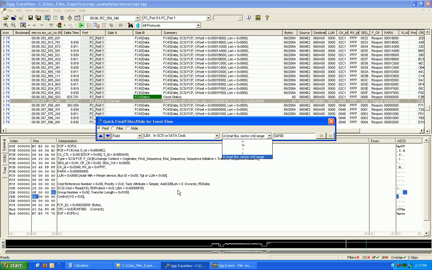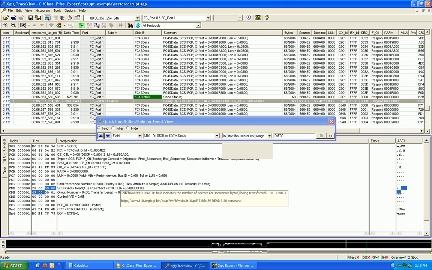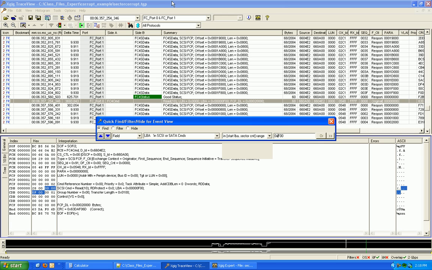So what that means is it's going to take the LBA here plus the transfer length off of it. So any LBA that falls within F100 to 100 hex higher, or 1000 hex, would show up in this search. And in my example here from my external tool, which is Medusa Labs Test Tool, I've determined that the LBA in question was 8D8. And so if I filter for that,